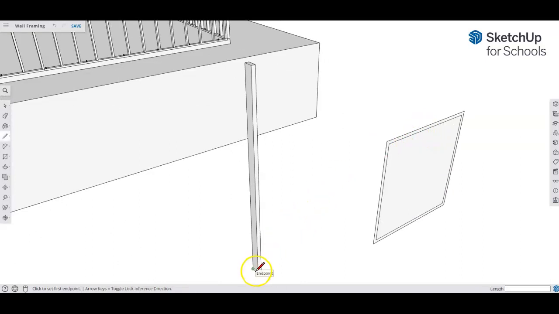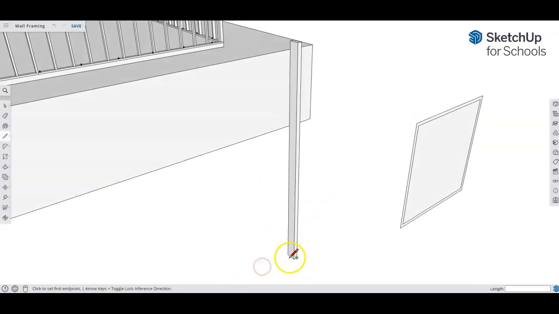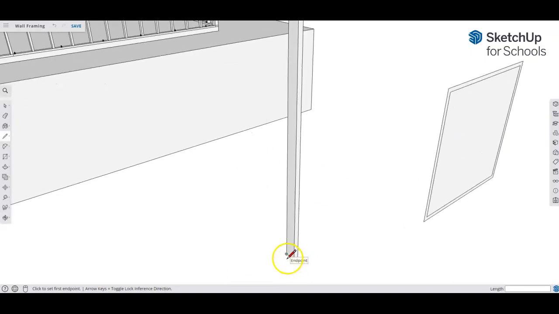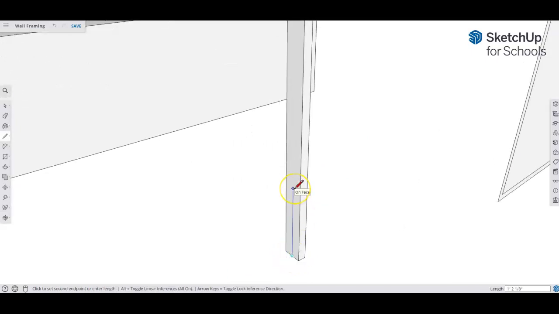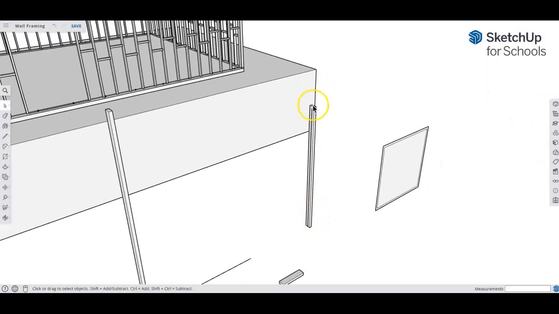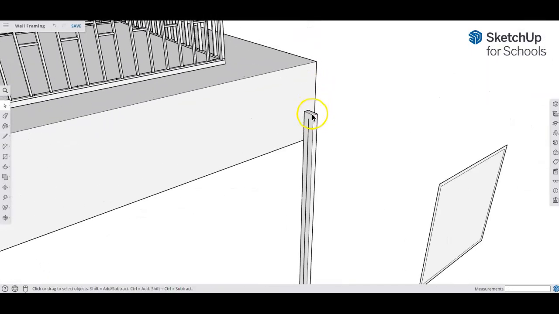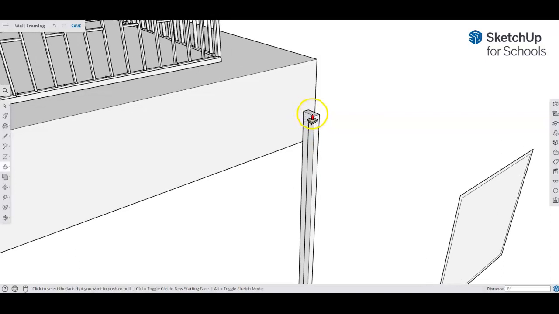So let's redraw this line and start over. I'm going to go from the midpoint, 6 foot 9.5 inches. Enter. Nope. 6 foot 9.5. Enter. There we go. That's more like it. And now I'm just going to zoom in, push pull down to here. And this is going to be our